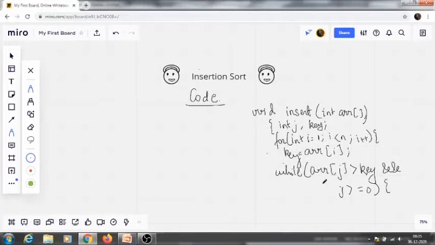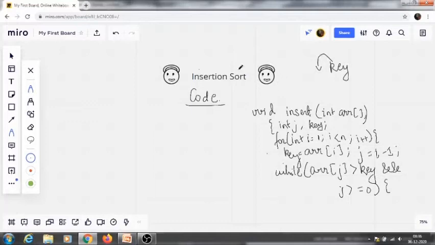Here you can see that we have started the while condition that will check array j. What is our j? We will assign j as i minus 1, because whatever the key element is, we need to check it with the preceding element, the element that is before it. We will check whether that is greater than the key value, then only we will check for all the elements before it. Because if it is less than, then we know that the elements before it are already sorted.